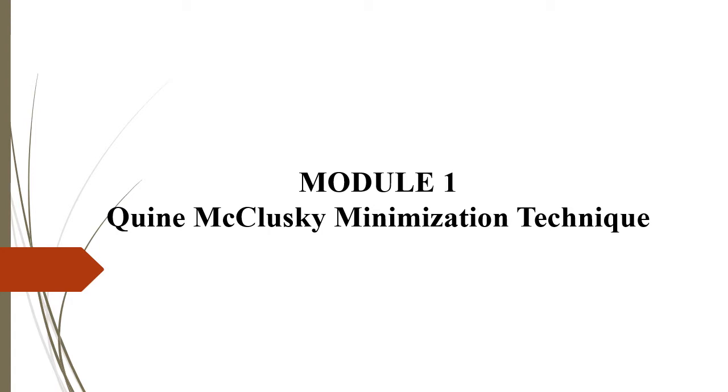So today we'll see about the Quine-McCluskey minimization technique. This is one more technique which is used for reducing a Boolean expression into the required minimal sum and minimal product. Already we have seen Karnaugh maps, and we have seen 3 and 4 variable Karnaugh maps as well as the 5 variable Karnaugh map. While doing so, you have seen that as the number of variables increases, putting the cells in the Karnaugh map and mapping it becomes a little tedious. So it's for that purpose.